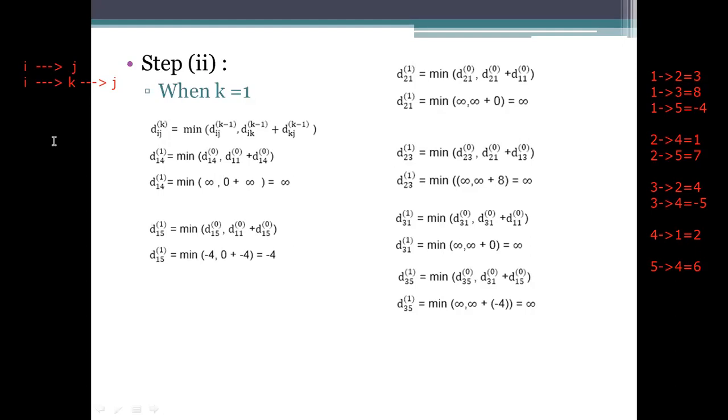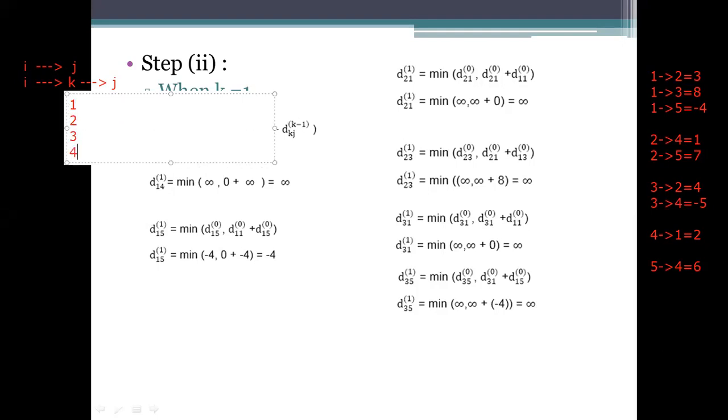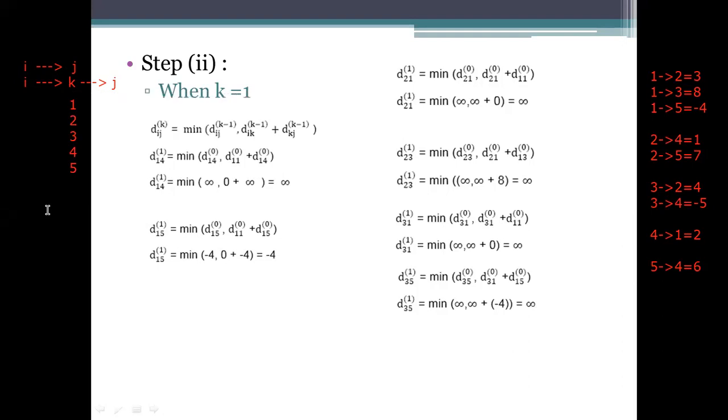If there lies a direct edge, what happens? We need to see what distance it is having. We need to see whether the distance is minimum or greater than the next one, meaning i to k and k to j. I to k means, what could be the k value here? Since we are plotting the k value first, we are not taking 0 into consideration. Here the k value will be the i value and the j value only, that is 1, 2, 3, 4, 5.